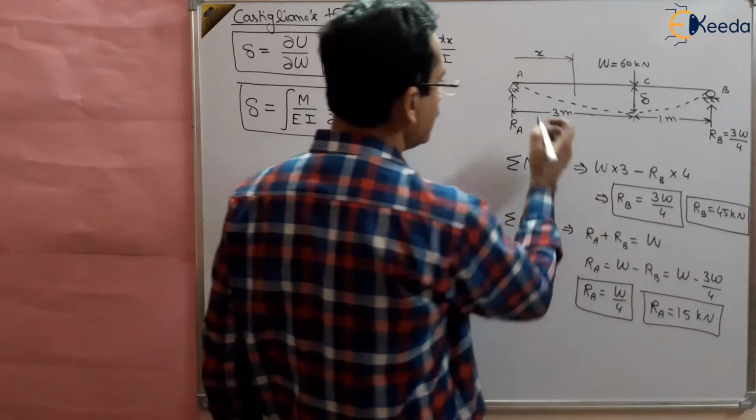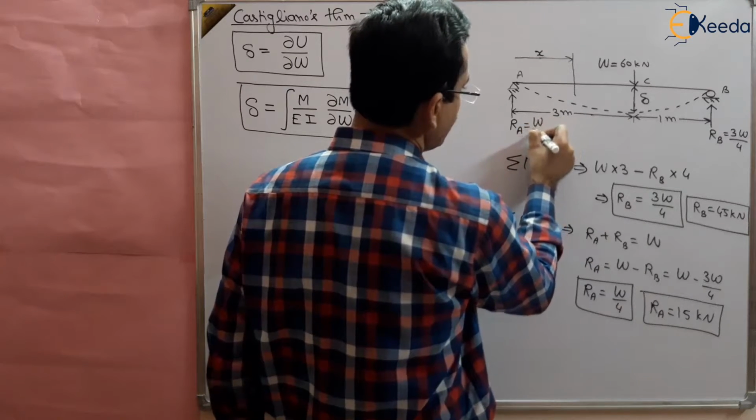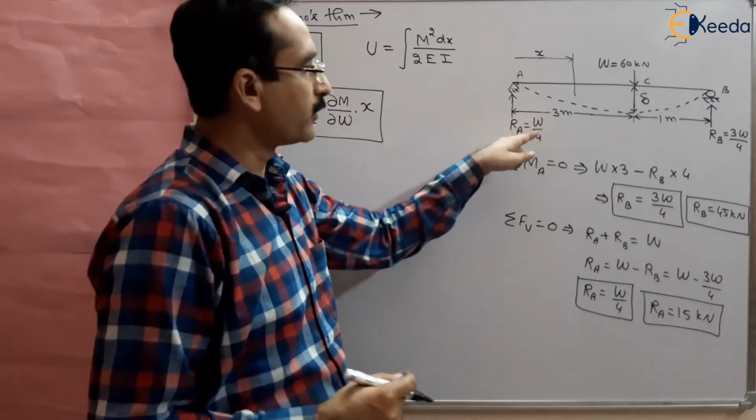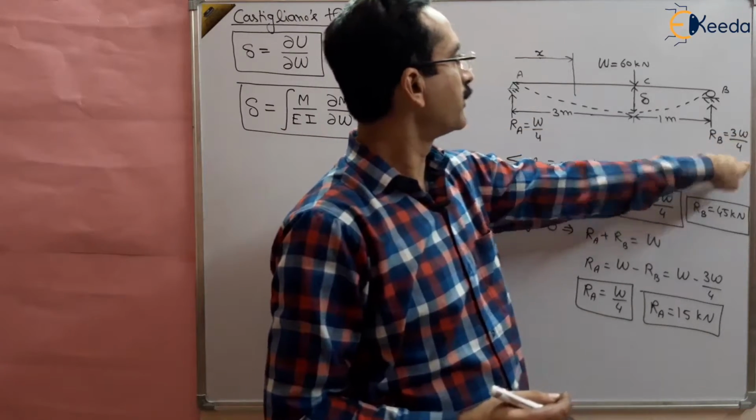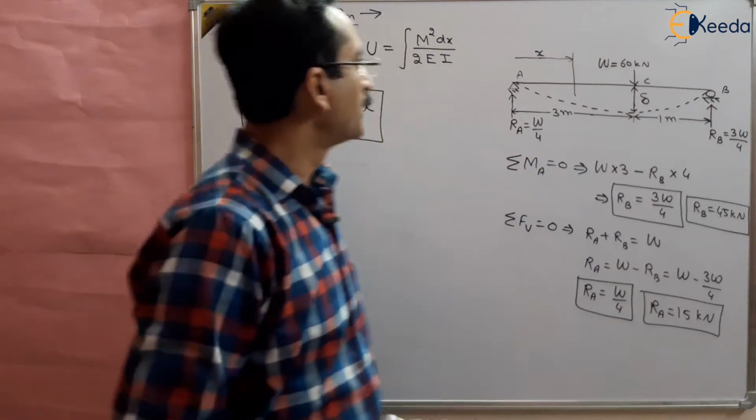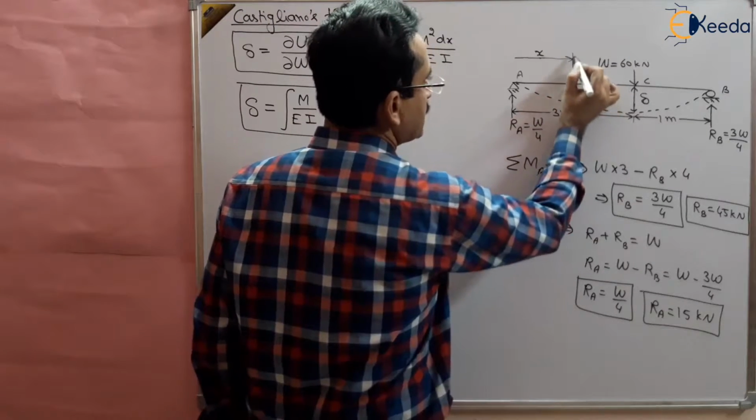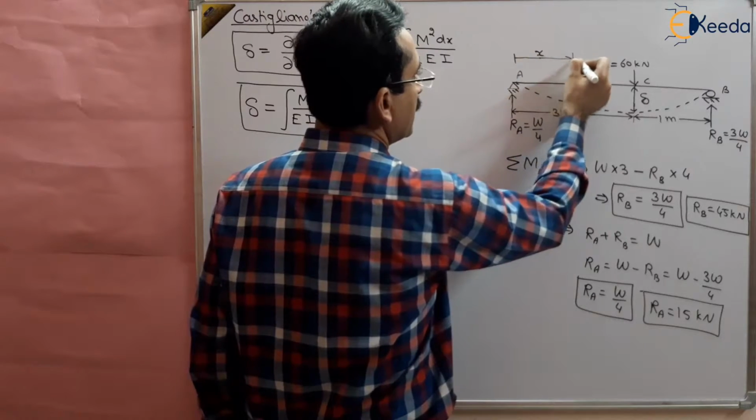But we are keeping it in terms of W because we have to differentiate with respect to W, right? So RA is W by 4 and RB is 3W by 4, and W is the load applied. Now we can take a moment about any X section, say X section we are taking here between A and